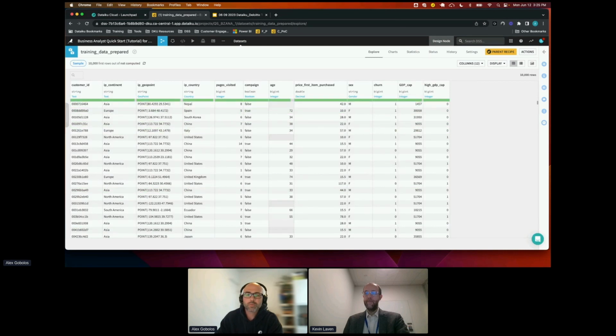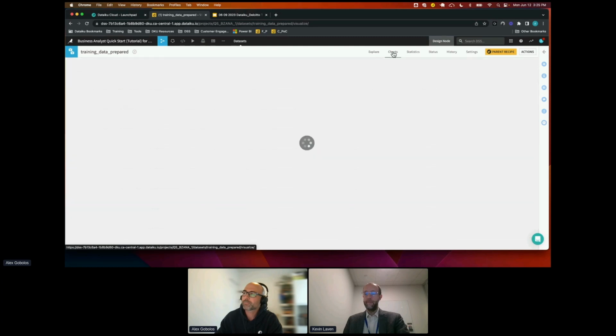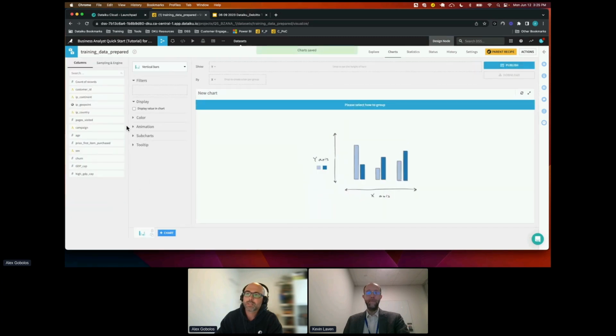Based on this, we can do things like creating charts. So you can go up to a chart here and say, let's build something based on, let's go with age. So let's go age, drag it across the x-axis, churn to the y-axis,